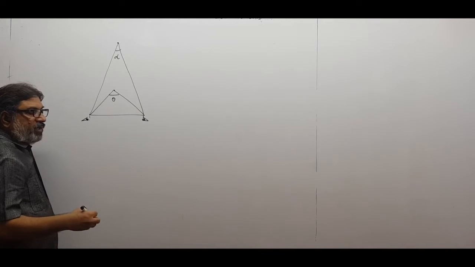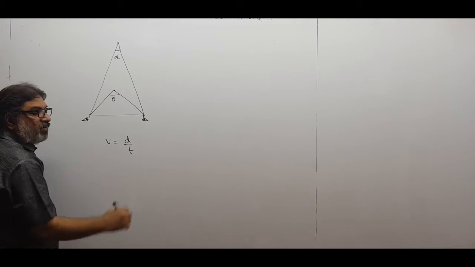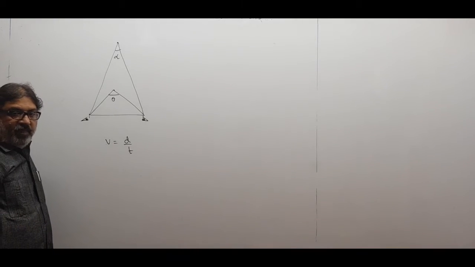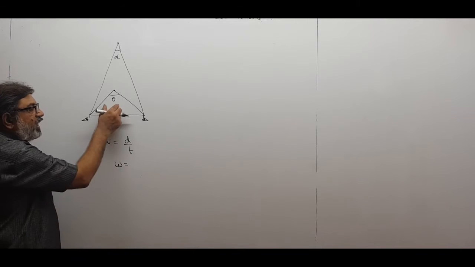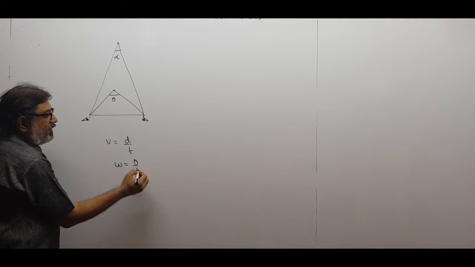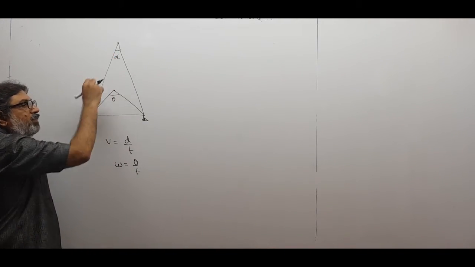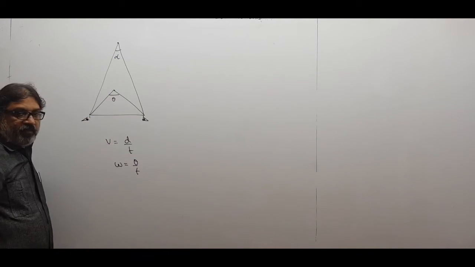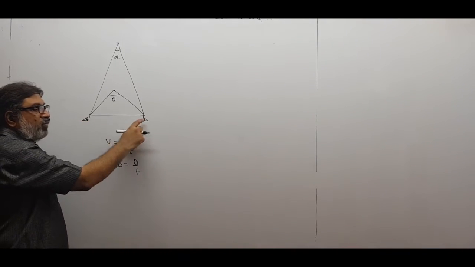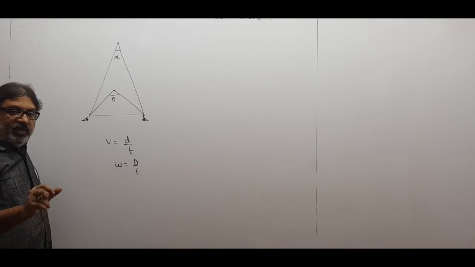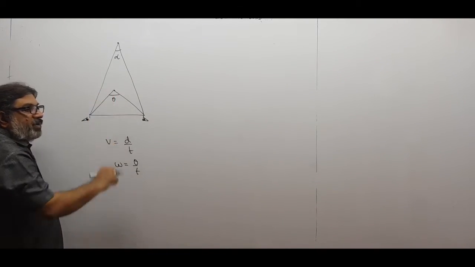Now angular velocity, just as your linear speed which you have studied in class 9, that is distance upon time, linear distance upon time. Similarly, there is something called angular velocity, that is angle upon time, so theta upon t. Now in the same time, whether you are looking at a tree or you are looking at the mountain, you reach from this point to this point as the train moves forward. So your eyes from this point of the window reach to this point of the window in the same time. So t is the same whether you are looking at this object or this object.